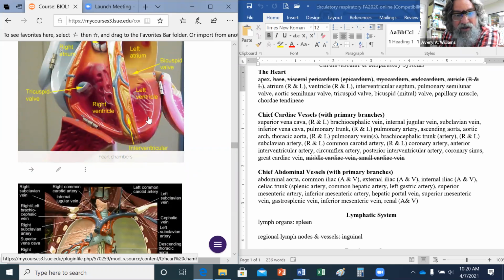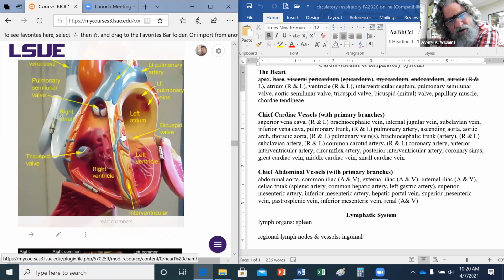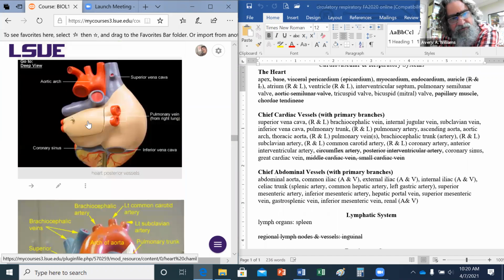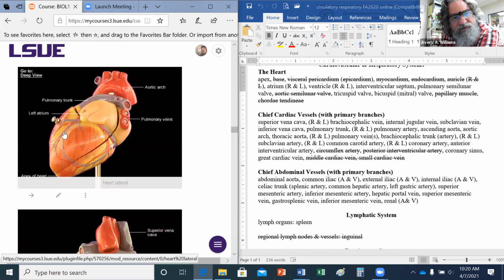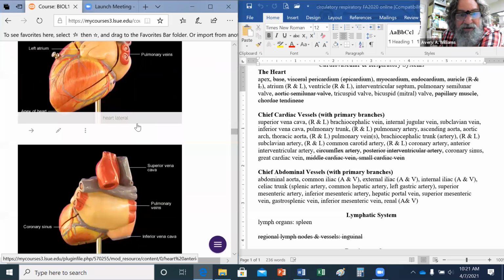This blood right here goes up, and you can't see, but right about here, there's going to be another semilunar valve. That'd be the aortic semilunar valve. That's going to open up into this. Okay, this is the ascending aorta right here. Ascending, ascending, ascending. Right here. And then it bends behind the heart. It goes behind the heart, and that bending part is the aortic arch. And then once it straightens out behind the heart, it becomes the